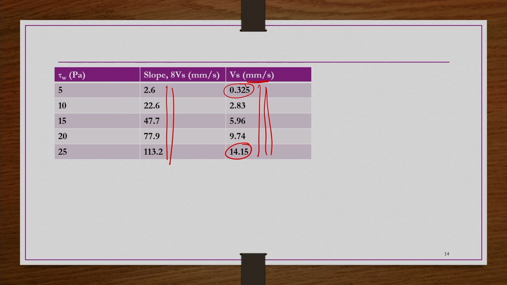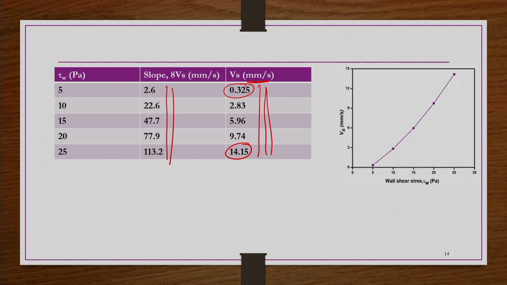Now, if you plot this information Vs versus tau W, you can get a line like this. It is not necessary that you always get this; you may get a straight line, and different nonlinear behavior also you may get. Why do we need this? Because our true values of tau W are not exactly like 5, 10, 15, 20, 25. For 4 capillary diameters, in each case there are 10 to 12 data points, so many data points. For each and every point you cannot find out the tau W value, especially when you are doing it graphically. So, what you do is find out the relation of Vs versus tau W.